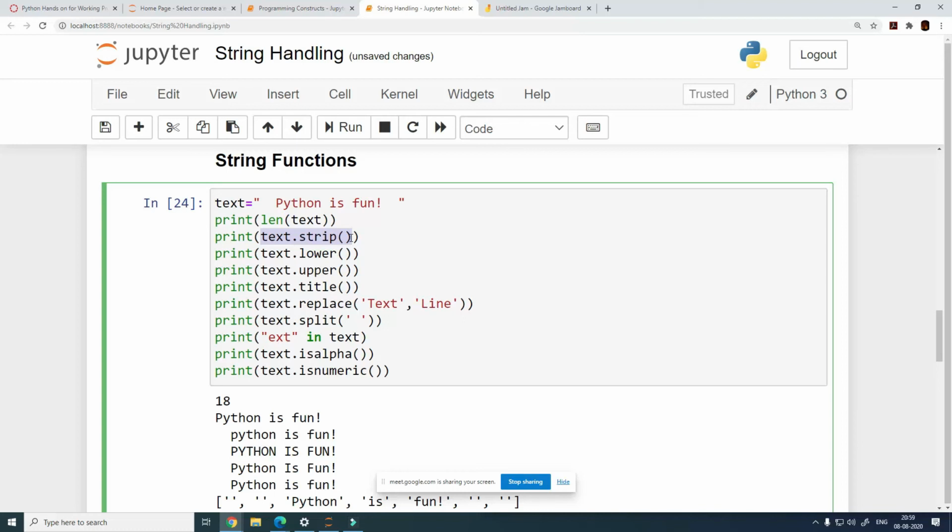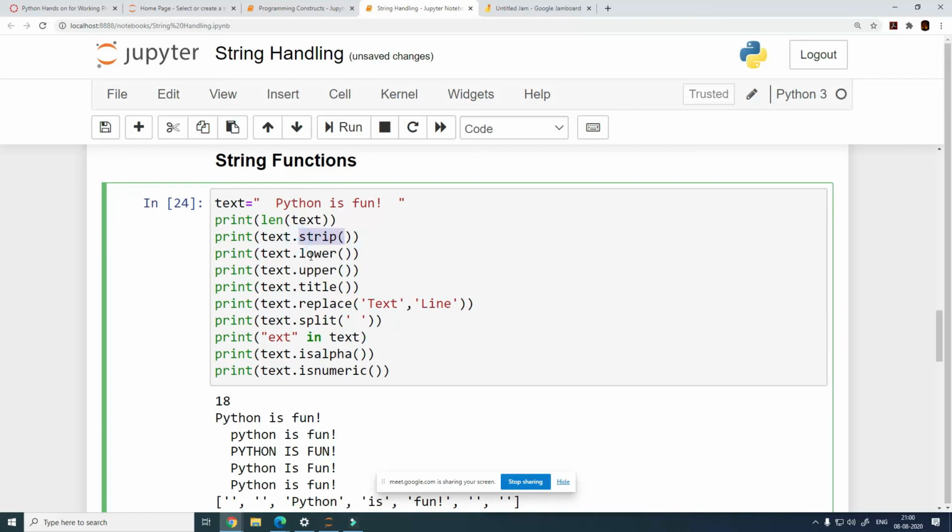The ones which are before the text starts and the ones which are at the end of it. It is only going to remove them, right? So this is the print statement, text.strip. It works as a trim function. Yes, strip is going to work as trim in Excel.